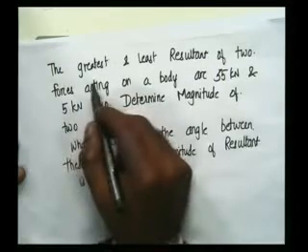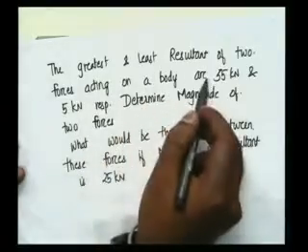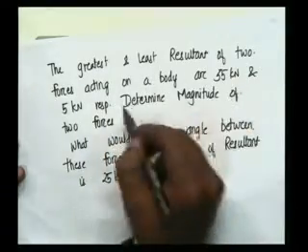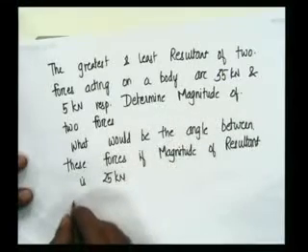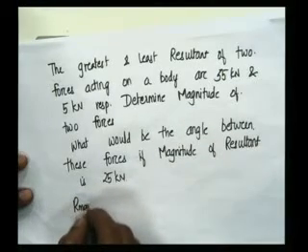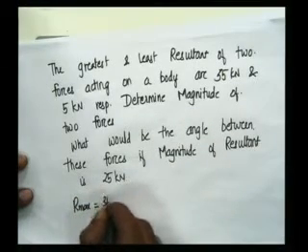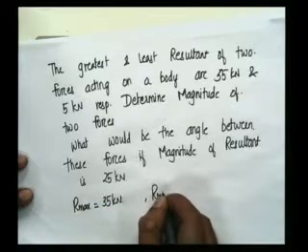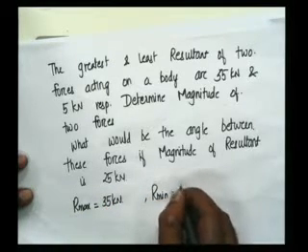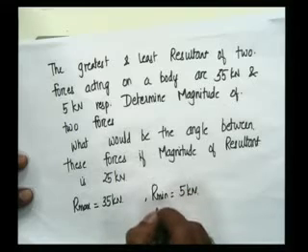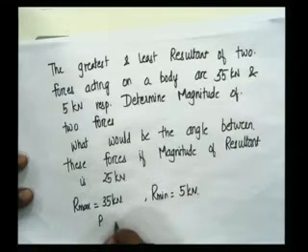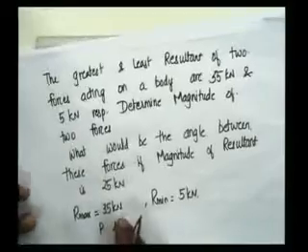It has been told that the greatest and the least resultant of two forces acting on a body are 35 kilonewton and 5 kilonewton respectively. That means R max is equal to 35 kilonewton and R minimum is equal to 5 kilonewton. And by using these two conditions, we have to find the value of P and Q. So if we apply the two conditions,